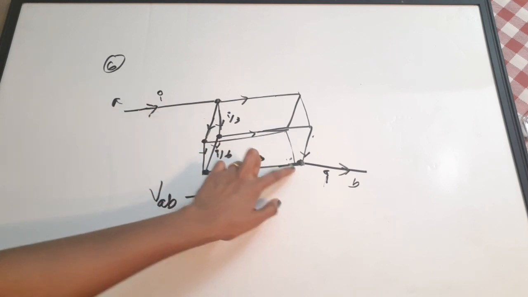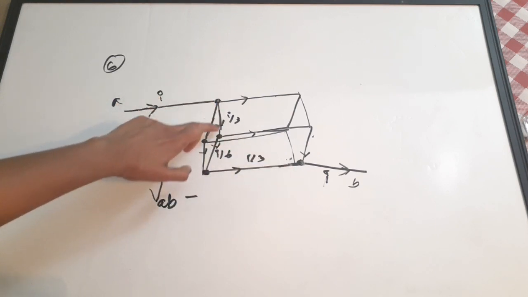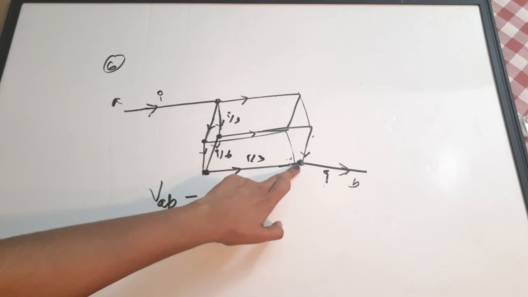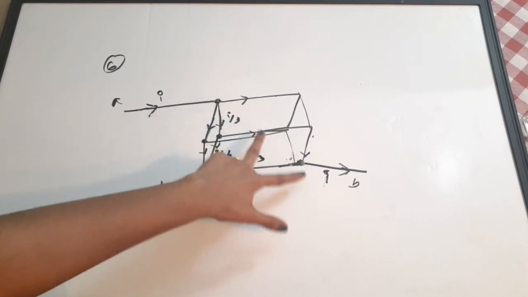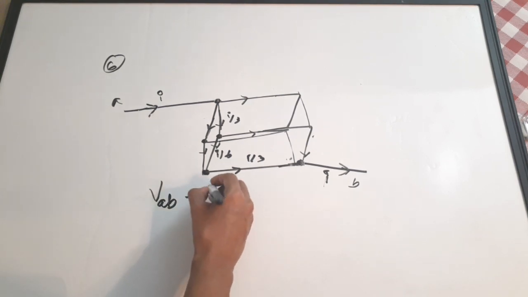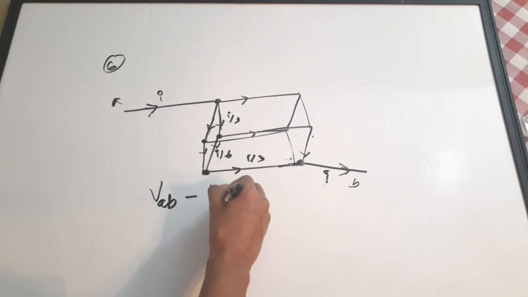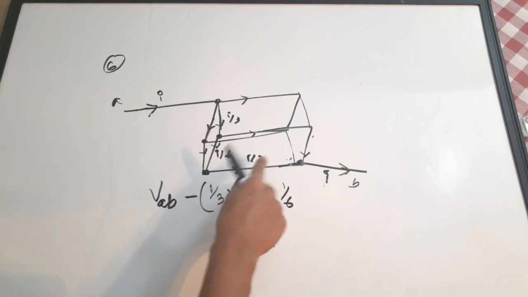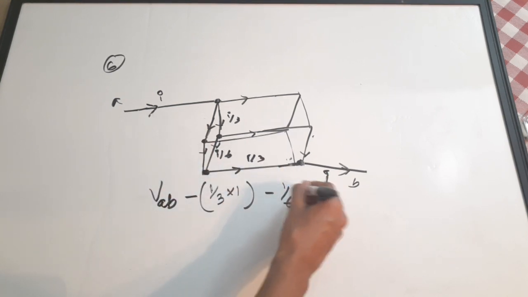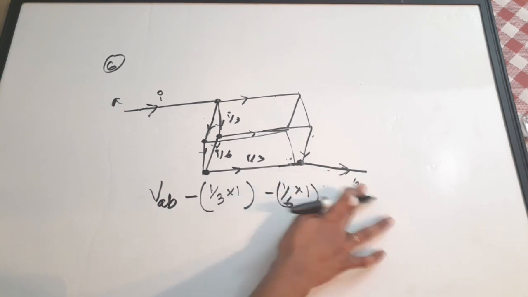See, these are the diagonal points. This is one point, this is another point, and this is the next diagonal point. So these are two diagonally opposite corners. So there is 1/3 into 1, minus 1/6. There is one resistor along the path. So 1/6 into 1